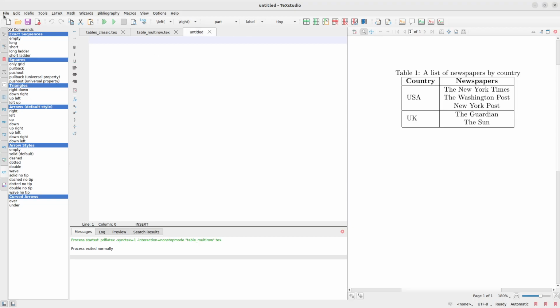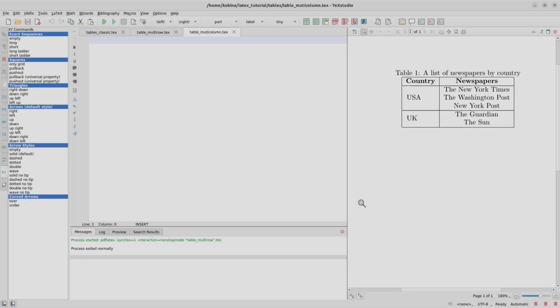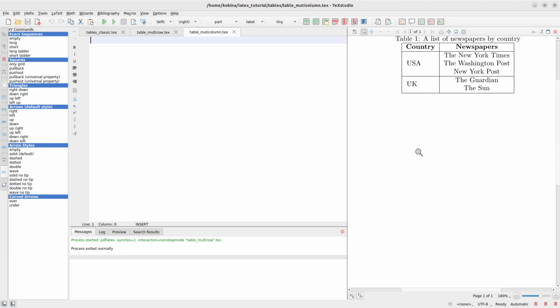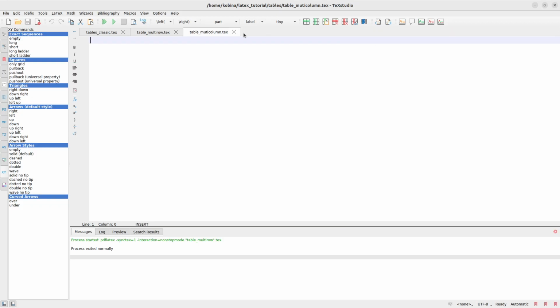And then let's name it. So that's table. That'll be multi-column. All right, I'll close this and then we proceed. So